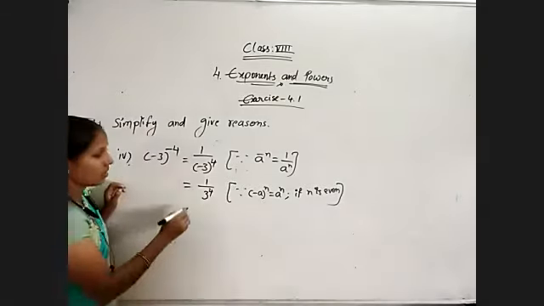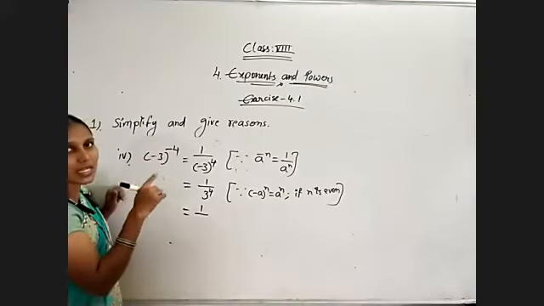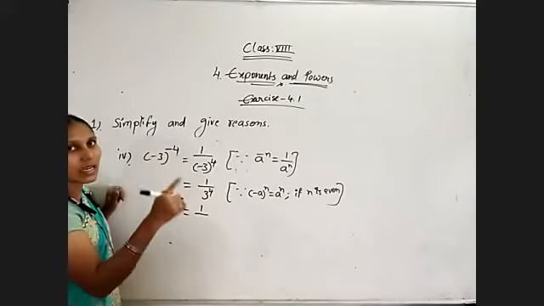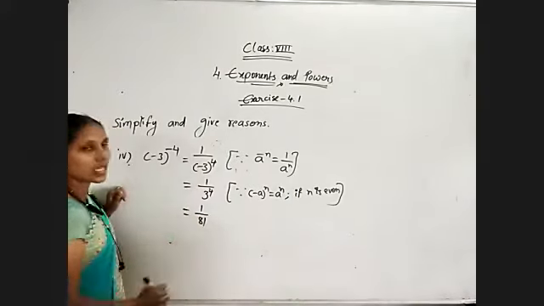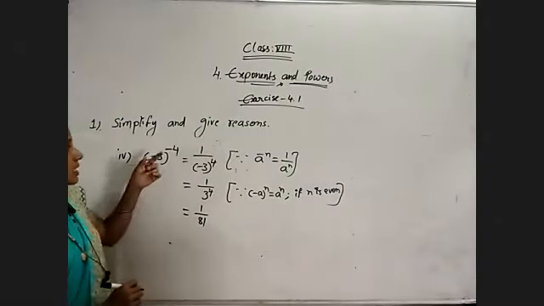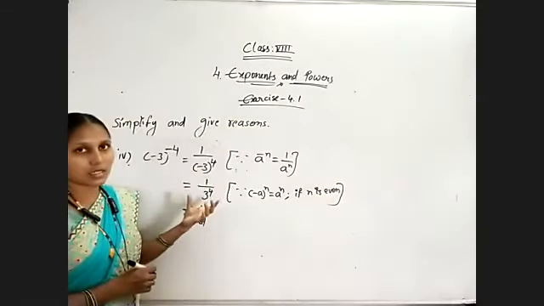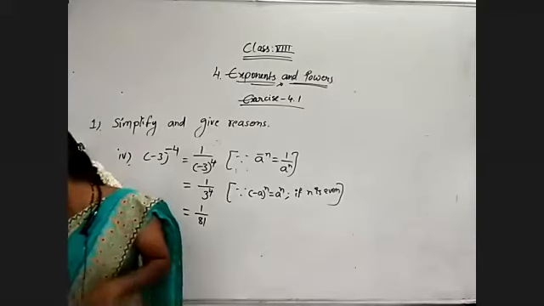Understand? Now 1 by 3 power 4. 3 multiplied 4 times. 3 3s are 9, still 9. 9 9s are 81. 3 power 4 is equal to 81. That's all. So first of all, if you are getting a negative exponent, simplify that one first. Remember. Now coming to the next question.